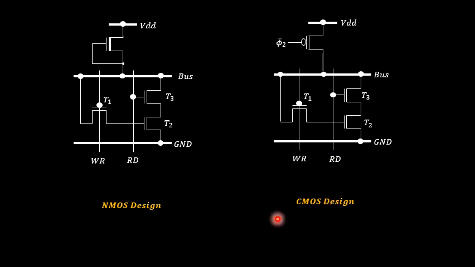The second type of circuit for the 3-transistor dynamic memory cell is designed using a CMOS design process, wherein, as we have studied, CMOS comprises a pull-up PMOSFET, that is an enhancement type PMOSFET, and a pull-down NMOS enhancement type of transistor. So these are the two distinct types of designs you are going to have in the case of a 3-transistor dynamic memory cell. In the exam, whether they ask you to design using NMOS design or CMOS design, choose the circuit diagram depending upon that.